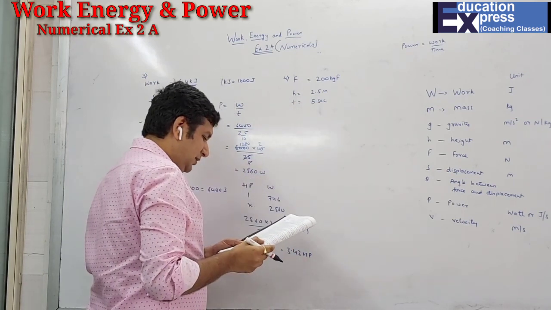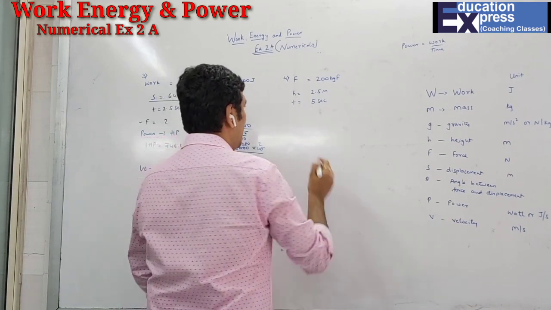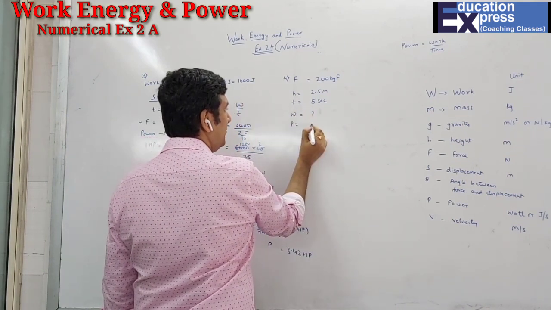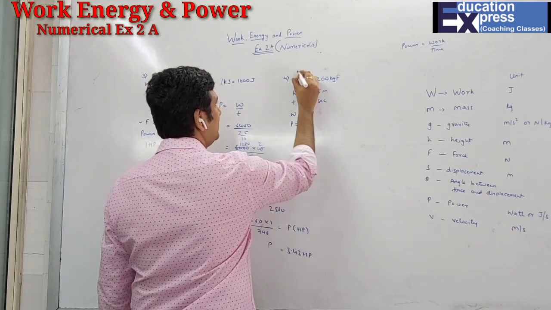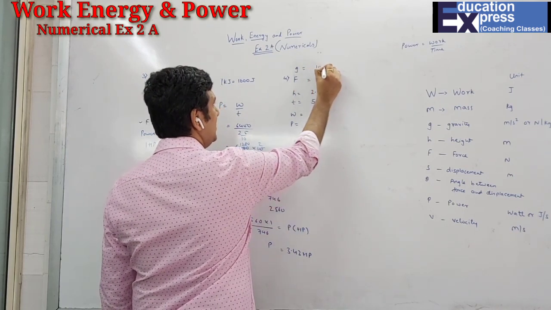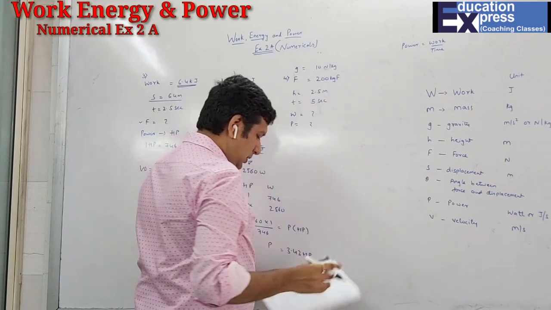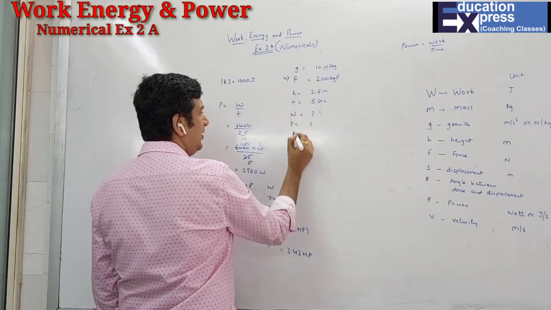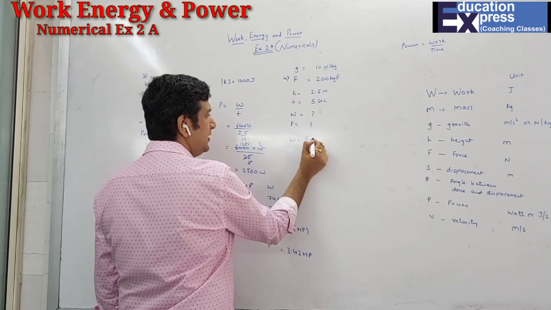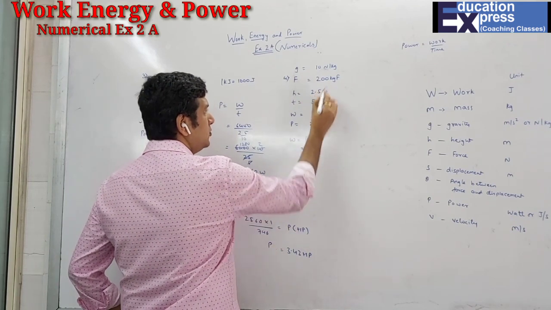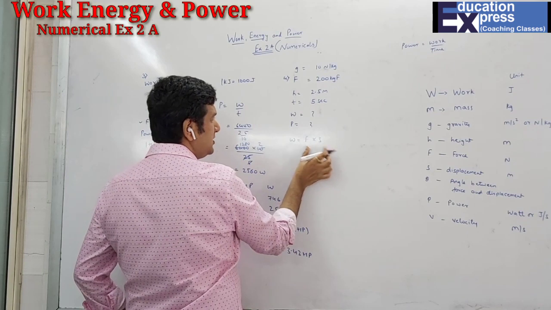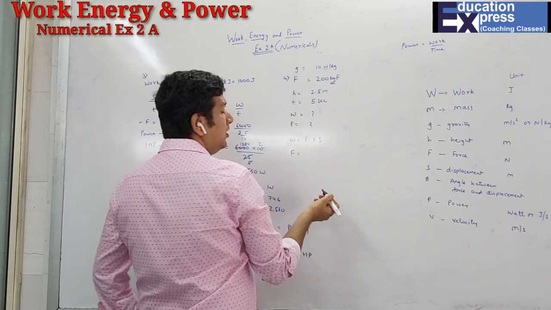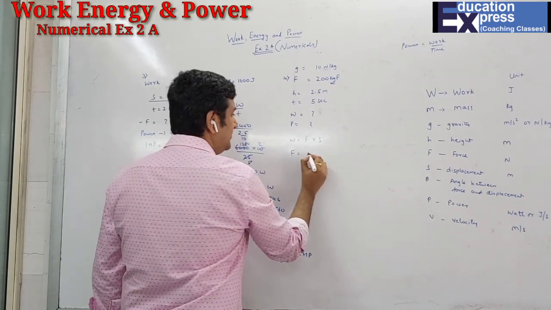We have to find the work done and the power developed by him. The value of g is given as 10 Newton per kg. So it's very simple, students. To find work, force and displacement both are available. Force is 200, but again, students, it's in kgf, and I have told you how to convert from kgf to Newton.